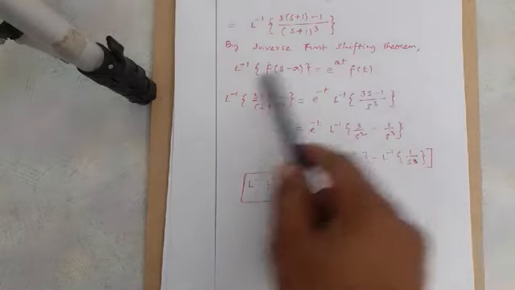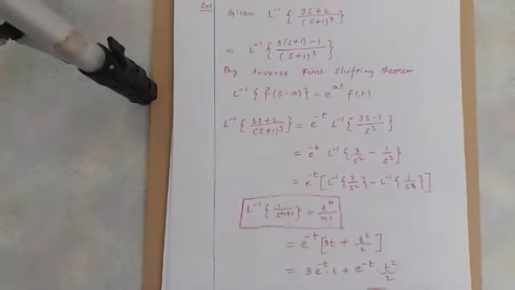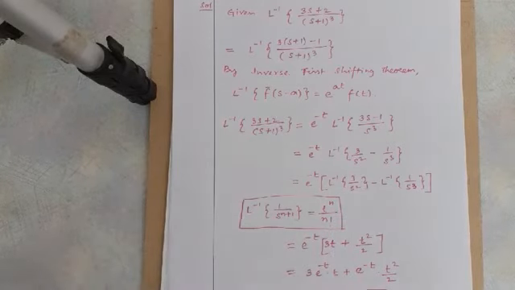So once again you just go through this one. If you don't understand, you just WhatsApp me, I'll explain to you. So go through the Laplace transform first shifting theorem as well as the inverse Laplace transform first shifting theorem, and I have done some problems in that. Go through that and do that, so that you can understand this. Okay, so these are the 10 questions we have completed today, which are short answer questions that were repeated in previous question papers. These are important, and the reason I am doing these problems is that the problems will be asked in your exam in the same way. Whatever questions are there, the numbers will be changed, but the problems will be asked in this pattern.